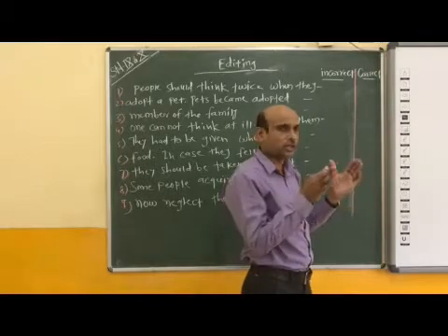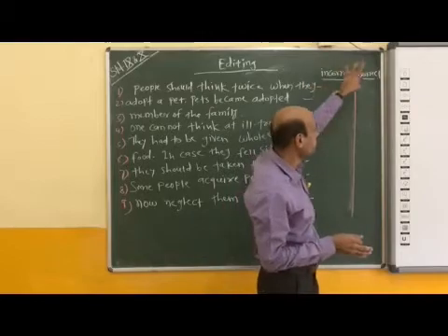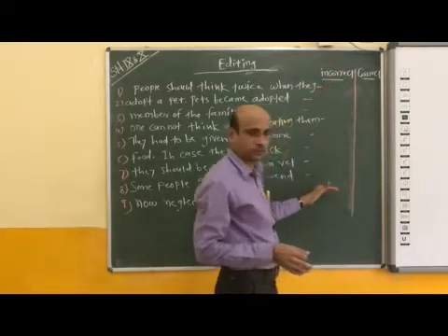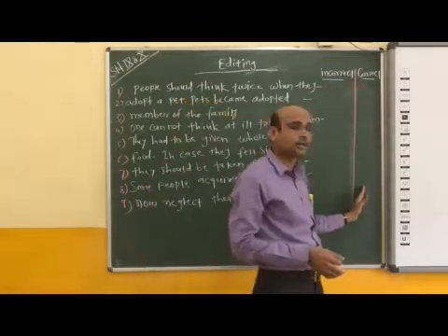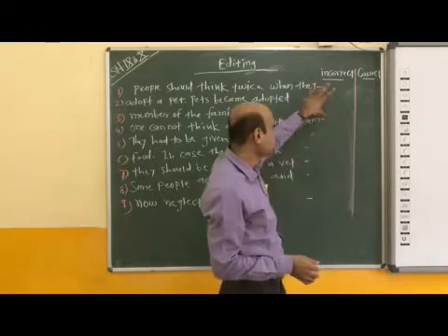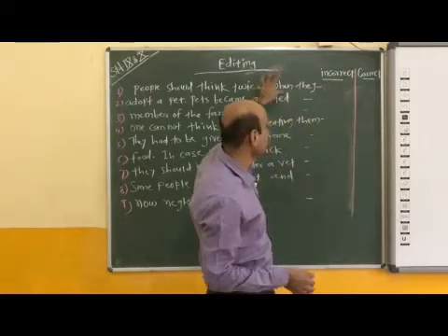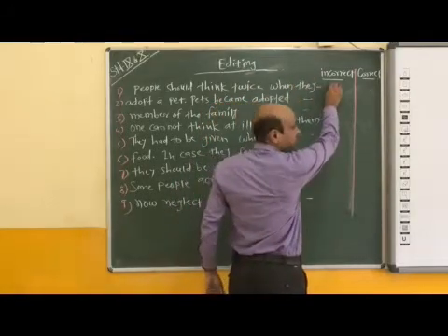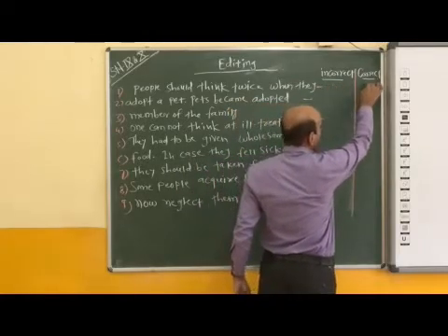And in your answer sheet also, you have to write the question number and then make 2 columns, incorrect and correct. Under the incorrect column, you will write the words which are incorrect, which are used in the sentence, and in this column, the correct words. Am I clear? How to write? Make 2 columns. In one column, you will write the incorrect word of each line, every line. For example, in this line, whatever the incorrect word is, you will write here, and then the replacement or the correct word you will mention here.